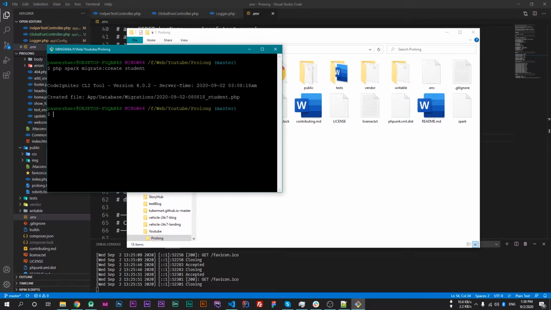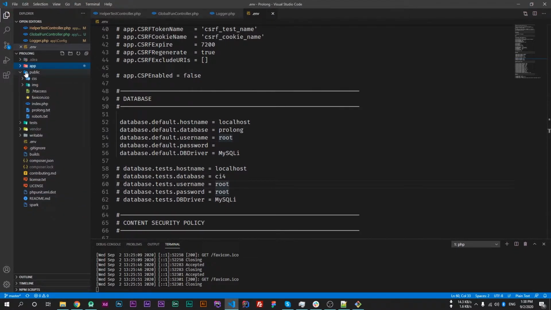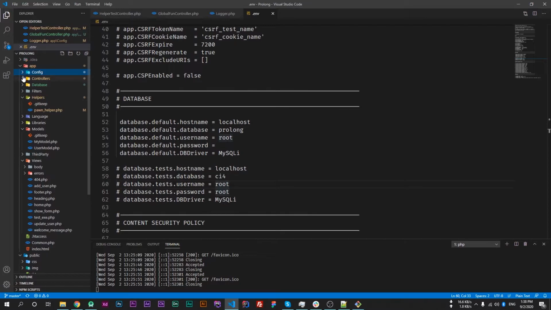and the command ran successfully, and it says that our new file is created inside app database migrations, and the file name is 2020-09-02-080818_student.php. So go to that folder, which is app database migrations.